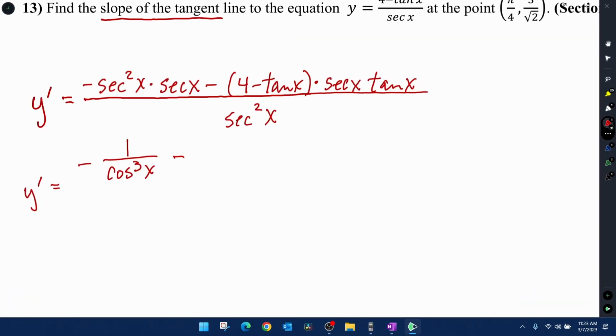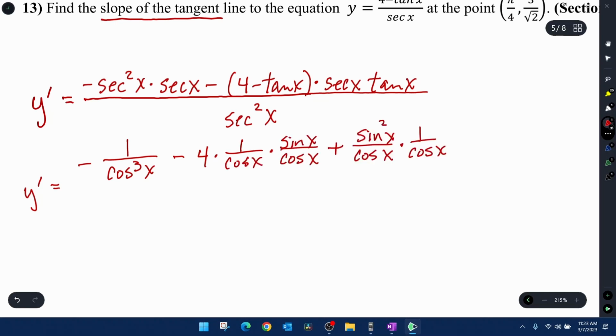Minus 4. Secant is 1 over cosine. Tangent is sine over cosine. And then I'm going to come back and put squareds on those. Because did you see I've got tangent times tangent. Sine over cosine times sine over cosine. Sine squared over cosine squared. All over 1 over